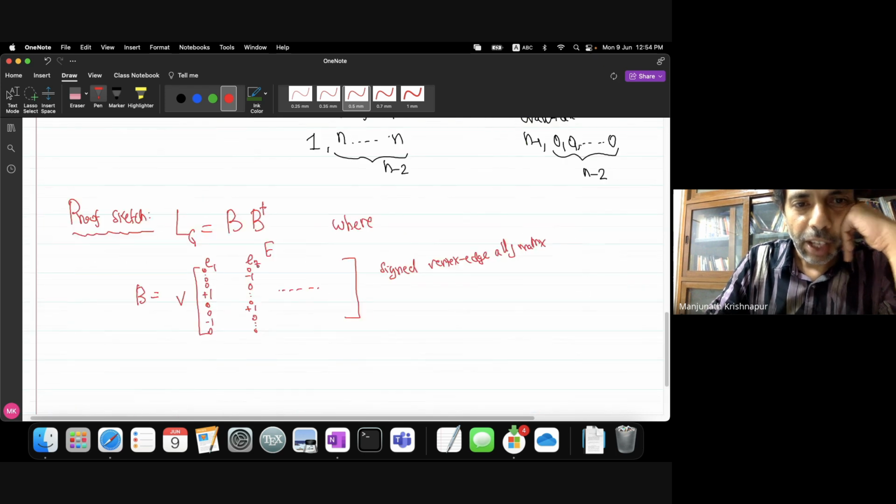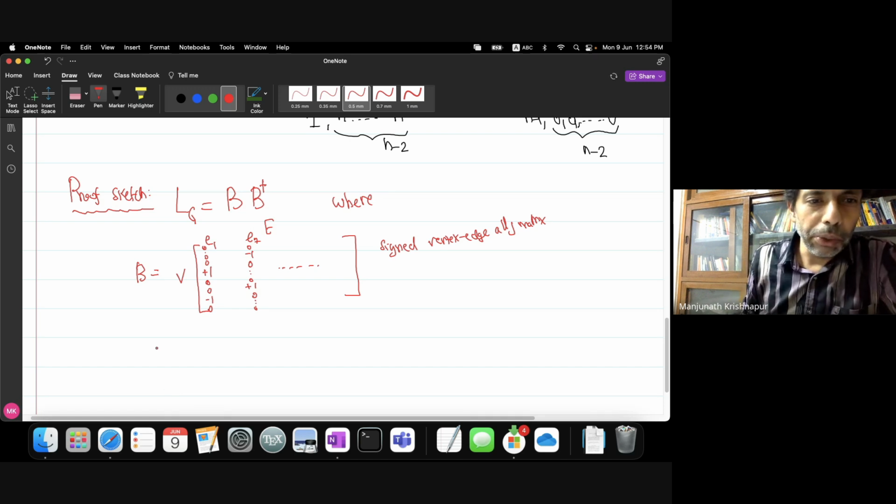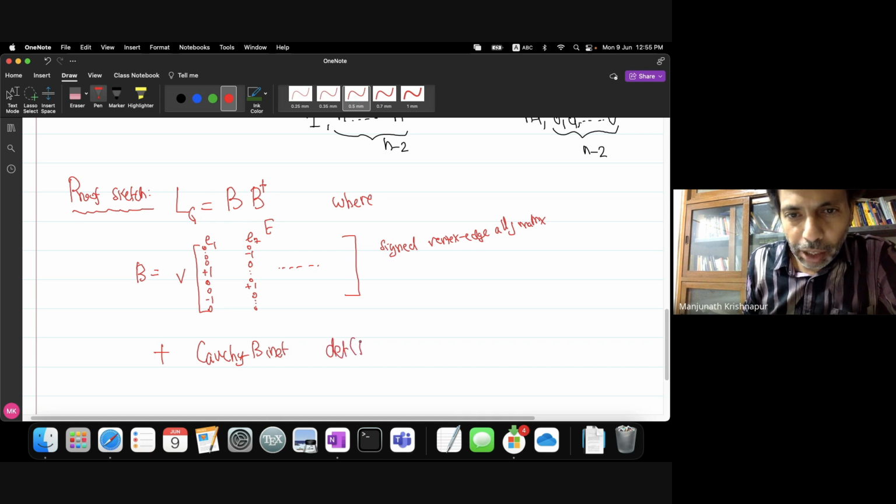And what you need to do now is, how do I do the determinant of a product of a rectangular matrix times its transpose? How do I do that? There is a famous identity called Cauchy-Binet, which says that the determinant of B B dagger, where B is a rectangular matrix, is the sum of